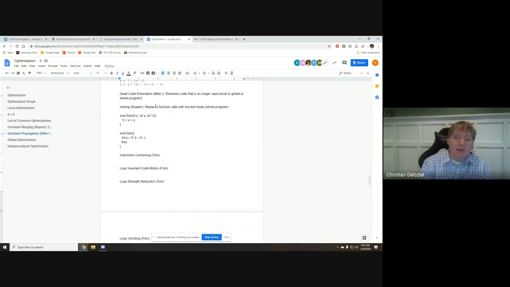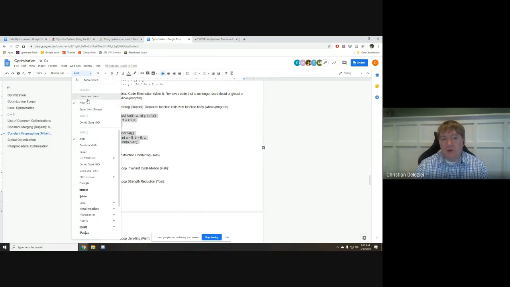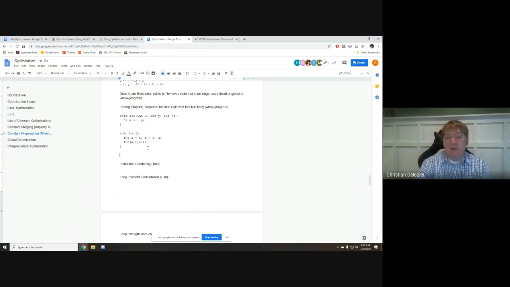C with a, b, ampersand c, something like that. So function inlining will take that bar and substitute the body of foo. So instead of having foo happen here, it's going to say, okay, star c equals x plus y, or a plus b. So it's able to